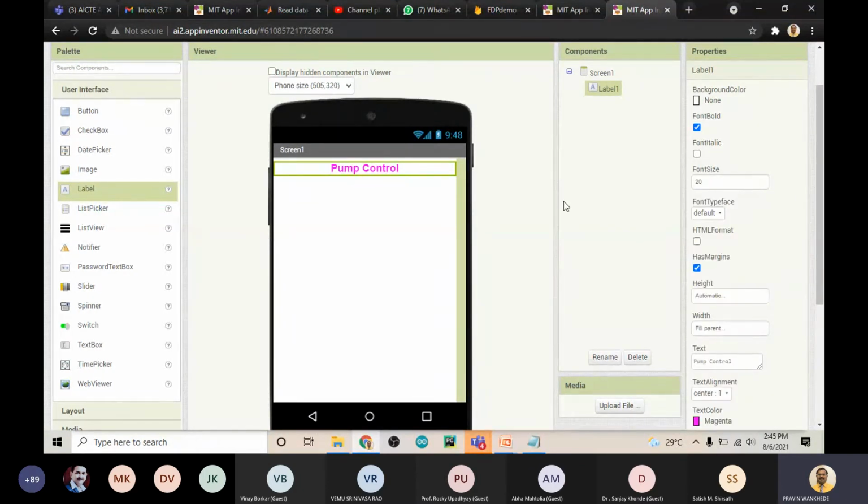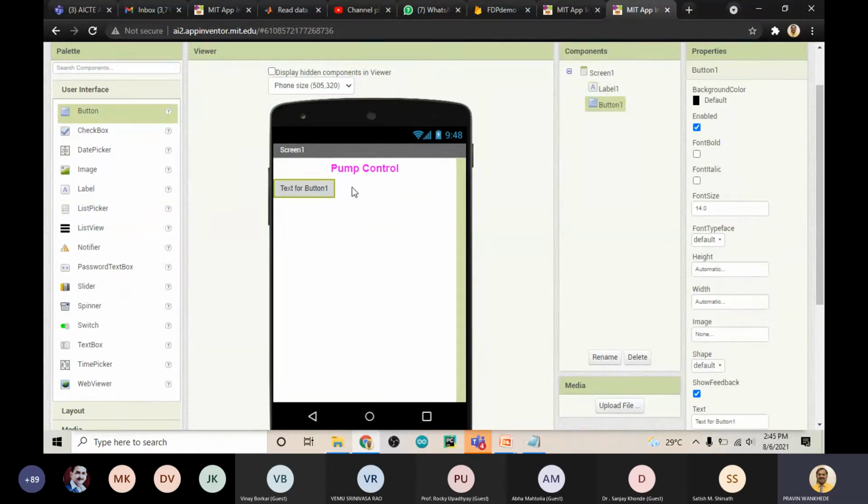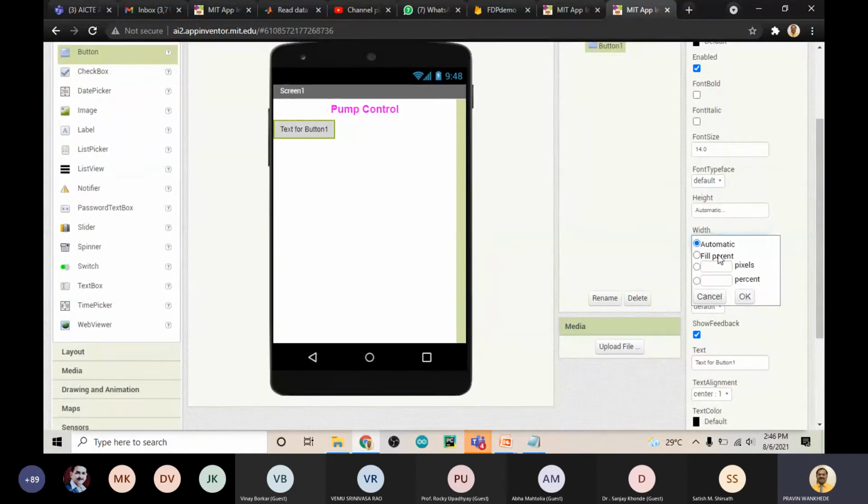Now I want to add the button. So I'll add the button here. Let me change the properties of this button. I will make the width fill parent. The name is click to control pump button.